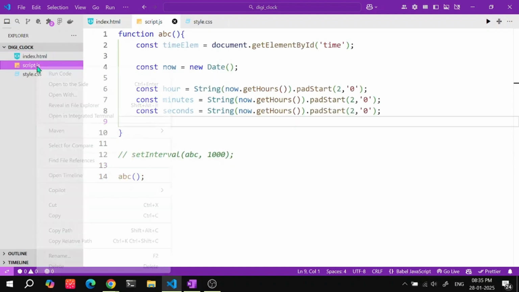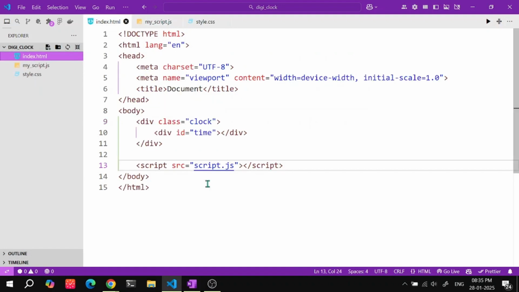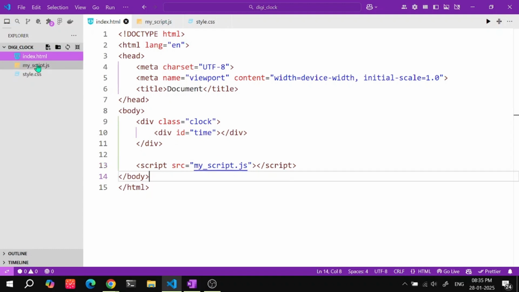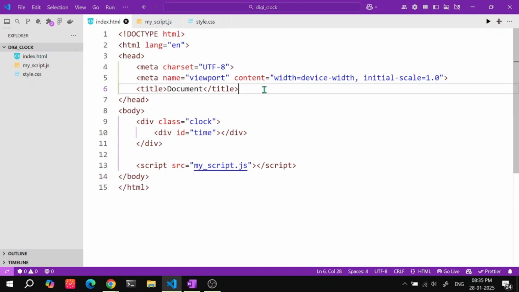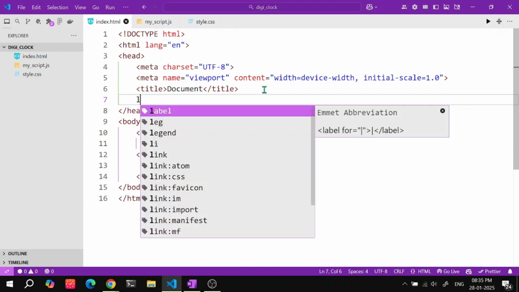If you want, you can have, let me rename it, my script. You can write whatever you want, but you should make sure that whenever you are adding the source here, you need to make sure that you will have the same name that you have given it here. Okay, and in the same way, here also we will be adding